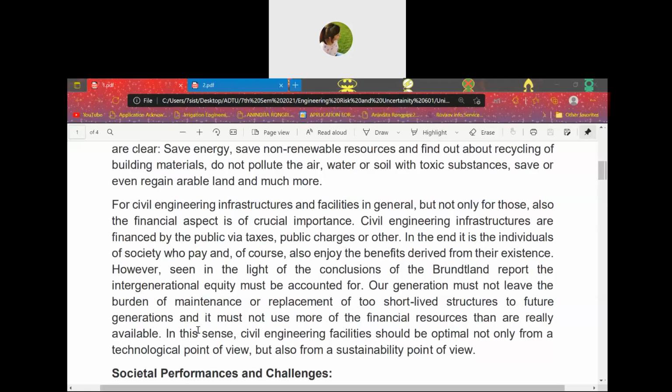In order to understand the context of engineering decision making, the development of life expectancy is shown in Figure 1.2, which is this. Life expectancy is given here from 0 to 80, and the years are from 1880 to 2000. See how the life expectancy has increased from 1880 to 2000.